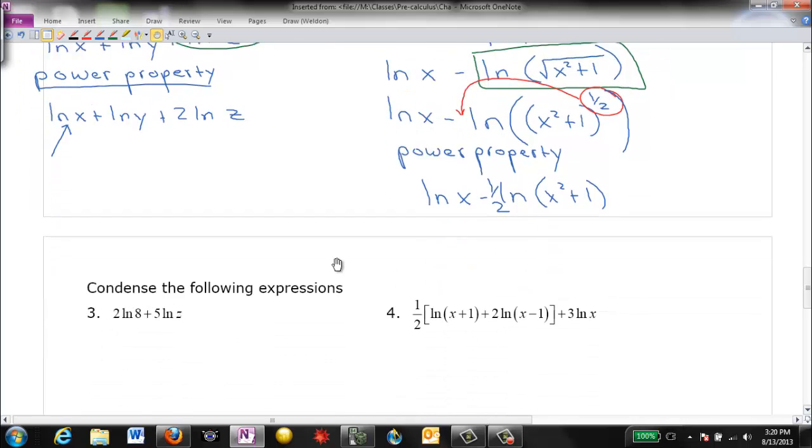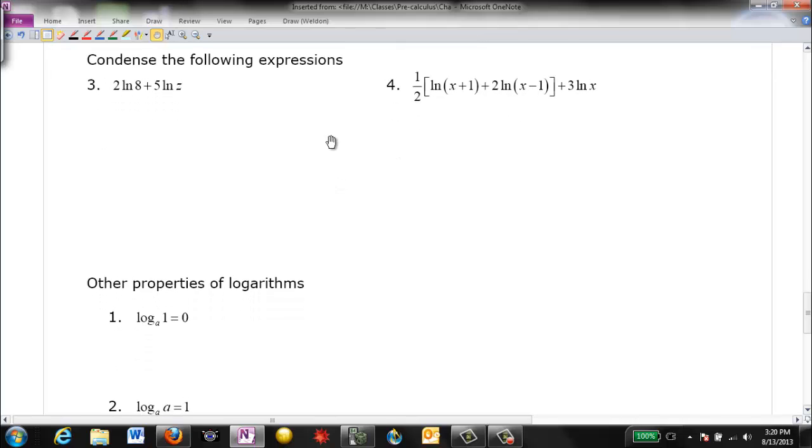Okay. All right, so let's take a look at a couple of examples of condensing, right? The instructions on these two problems are a little bit different in that we're trying to compact our expression now. We're trying to rewrite it so that it's nice and compact. So we're trying to put everything together as much as we possibly can. And some of the things that you want to look for here: if you see any coefficients or any numbers in front of any log, those are actually exponents that can be put back on top of whatever's inside of that logarithm because of the power property. So that's the first thing I'm going to do here: I'm going to apply the power property and put those exponents back. So, power property,